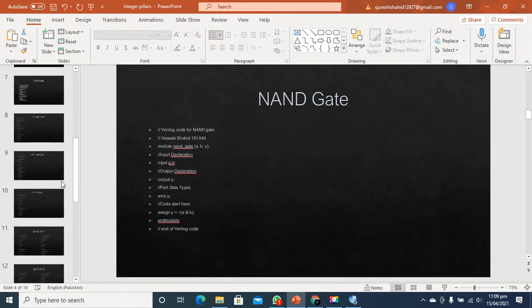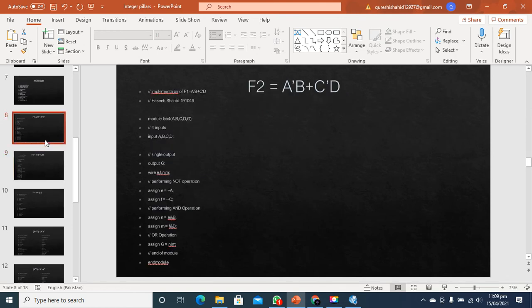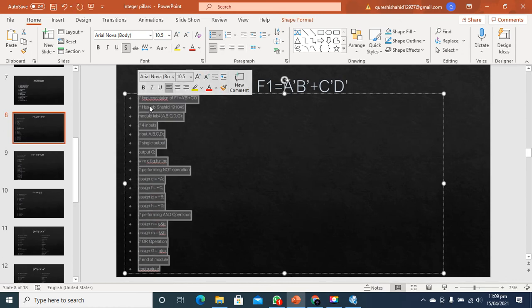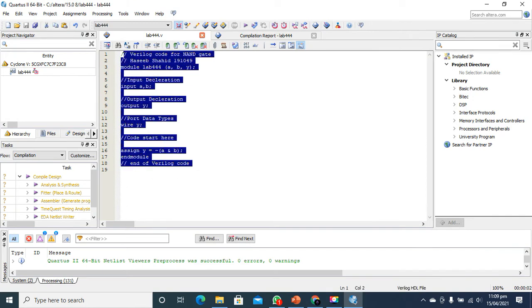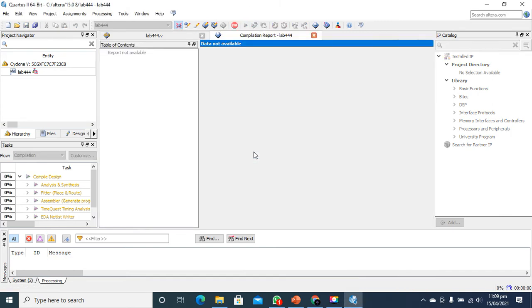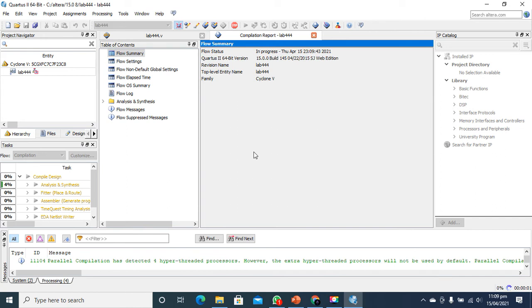So as I told you earlier, we will apply and implement some functions. So in this way we can again copy and paste our code here. As you all know, we need to change the naming configuration as well in order to correctly implement our circuit. For that purpose, we will start our simulation. As you all know, a simulation requires time.